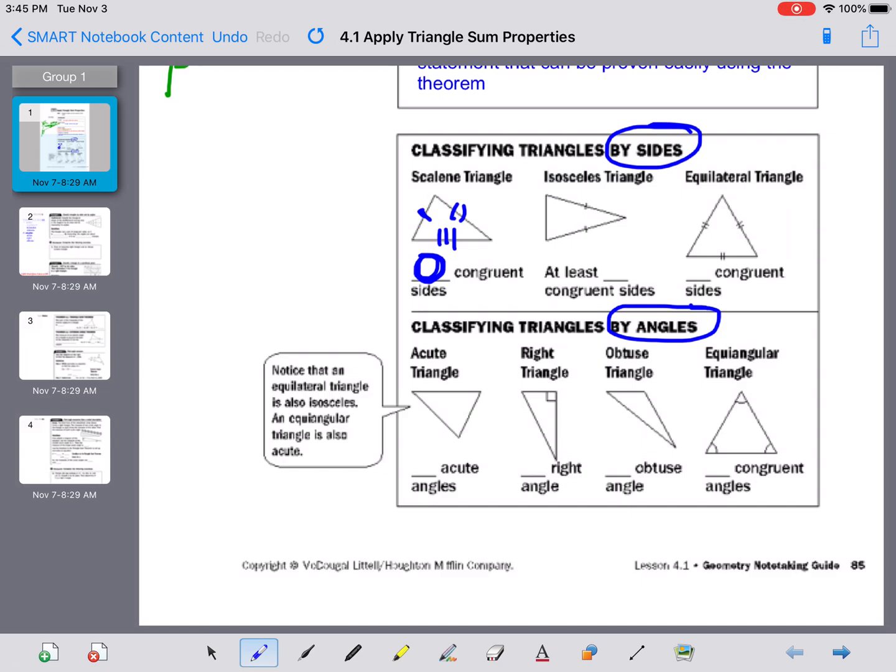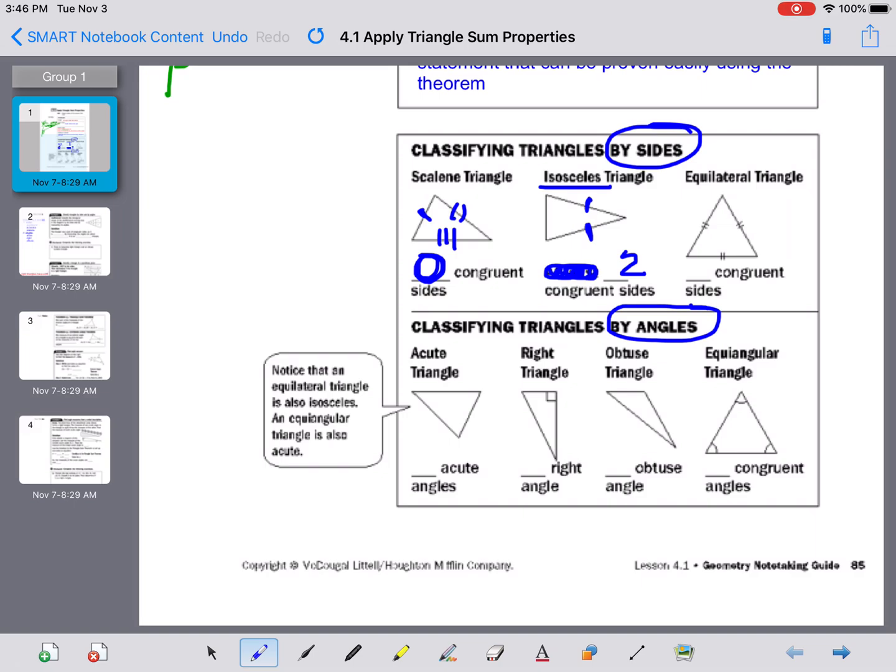The next one is isosceles. Do your best to spell that one correctly. Abbreviate it, ISOS, something so I know you're trying to say isosceles. It is a difficult word to spell, and I misspell it at times too, but make sure I can clearly get the message of what you're trying to say. There are exactly 2 congruent sides. Somehow they have to tell us they're congruent. Either they mark them with the same markings like we see here,